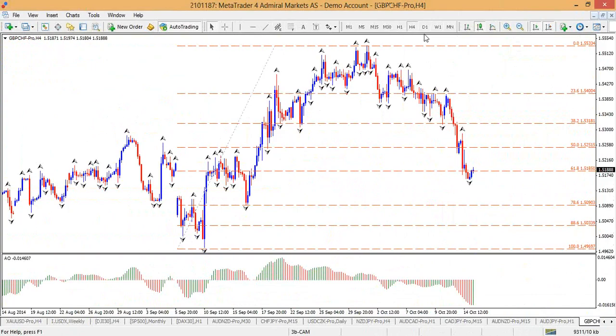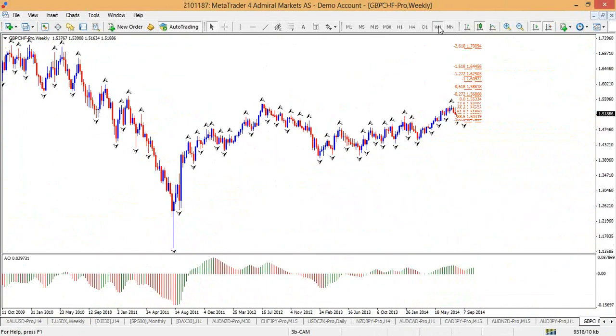Looking at divergence and trying to see if there's any chart pattern or anything that could give us an edge,